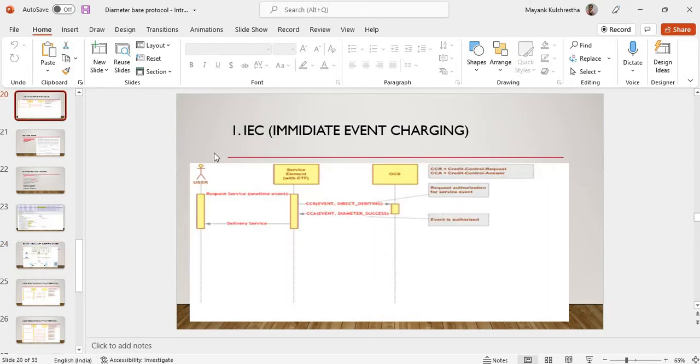Okay, so if I move to the last slide where I covered the IEC type of charging, which is IEC, right? Immediate event charging. Okay, so this was the flow. If you can see,